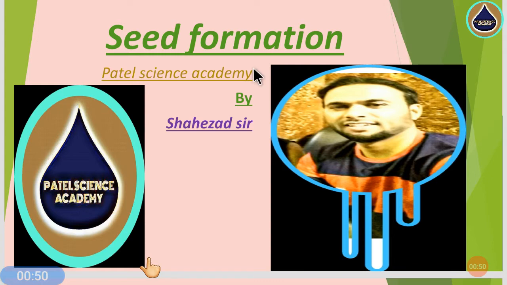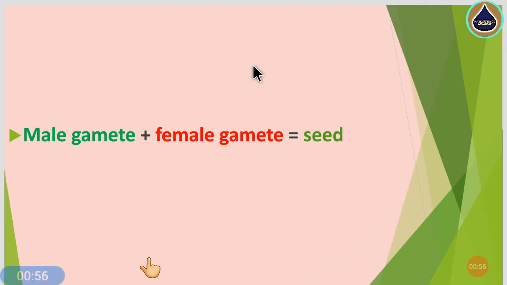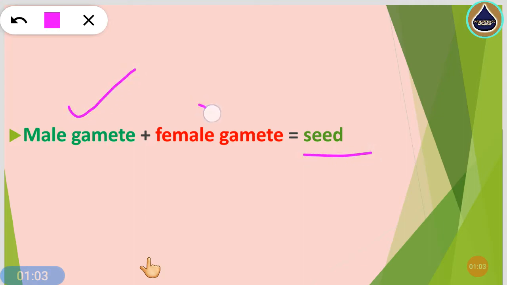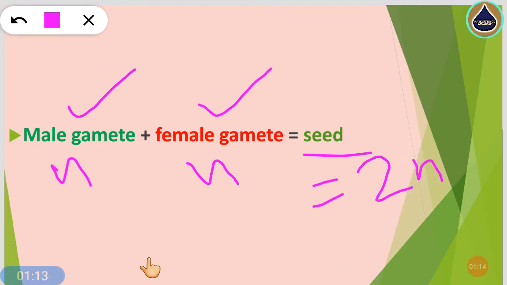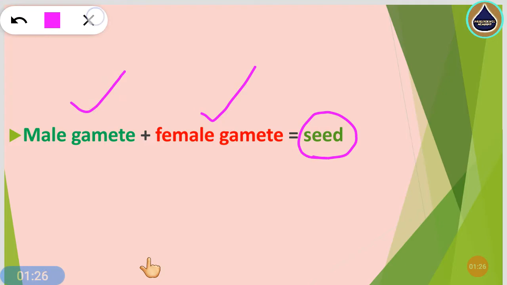So dear students, let's see the details of these slides one by one. You can first understand the formation of the seeds. The seed is formed by the fusion of the male gamete with the female gamete. The male gamete is haploid, single n, and the female gamete is also haploid, single n, and they are fused. These two gametes fuse to give the 2n zygote, and that 2n zygote finally converts into a seed with its embryo. So simply, this seed is formed by the fusion of the female gamete and the male gamete.